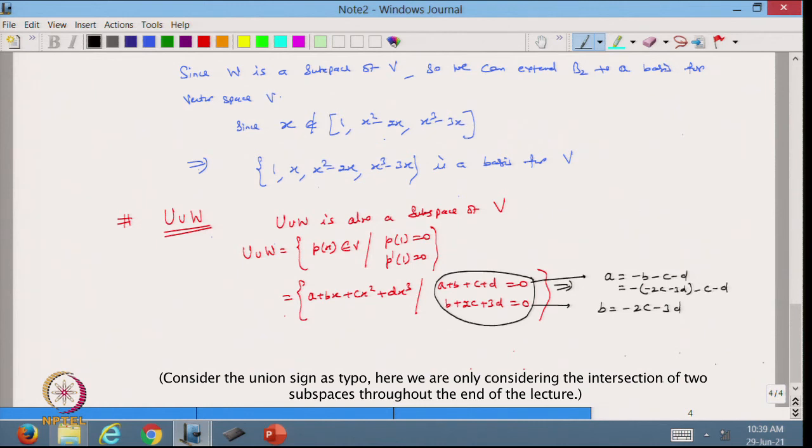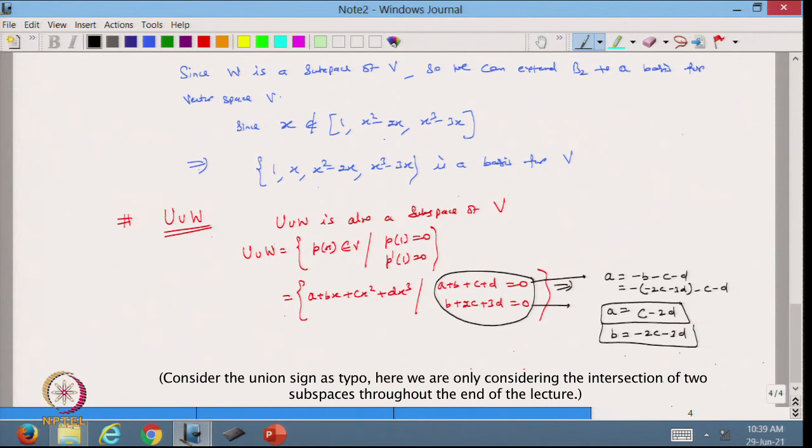So, from here I can write that this will be equal to, so it is minus, so 2c minus c, so c, and this is minus plus 3d minus d, so minus 2d, that is my a. So, a I have written in terms of c and d, and b we have written in terms of minus 2c minus 3d. So, these two